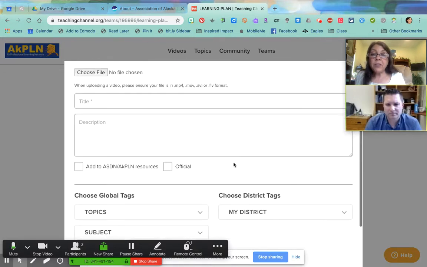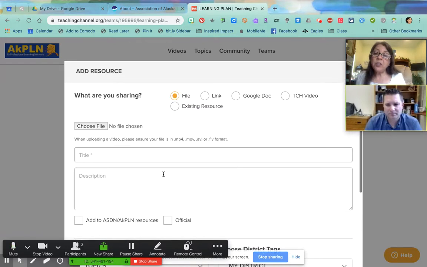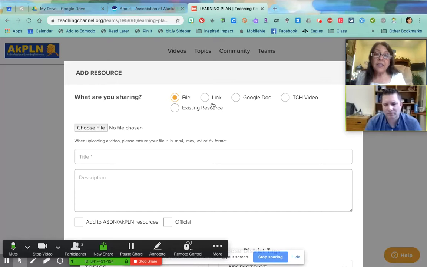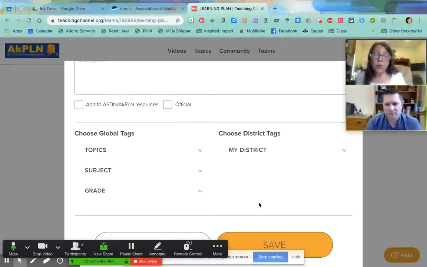Here's one thing I should really comment on. When you attach a resource, notice that I'm in this extra box where I add a resource. I need to save in order to attach that resource to my post. But that doesn't actually save the whole post. It doesn't post the whole post.